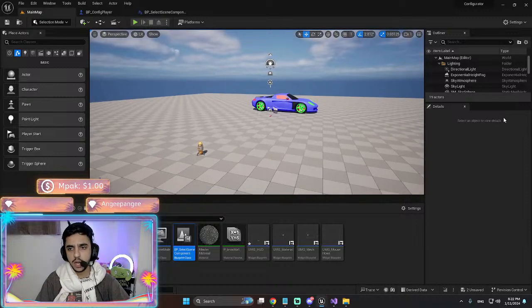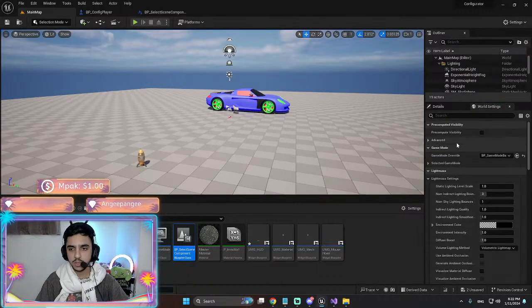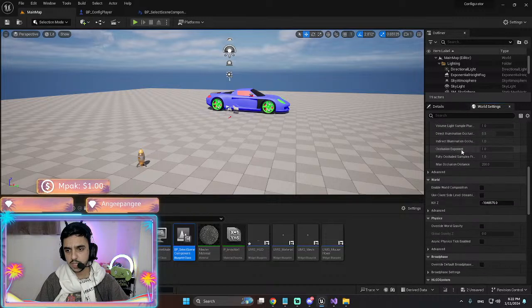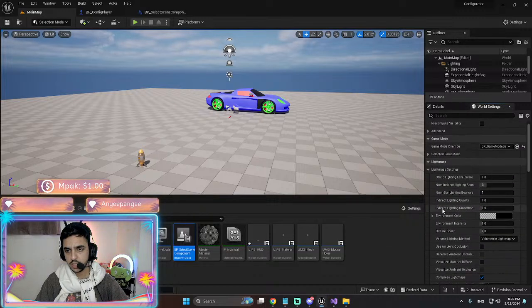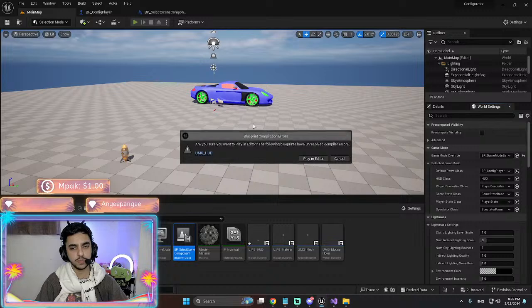So yeah, I'm gonna go to world settings. I don't need this part. And then here I'm gonna change the player to BP config player. Let's see if it works. Playing in editor. There is an error for UMG HUD.